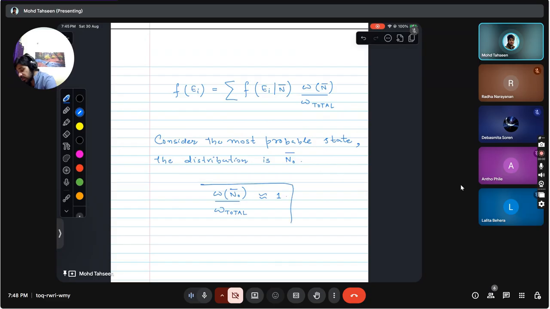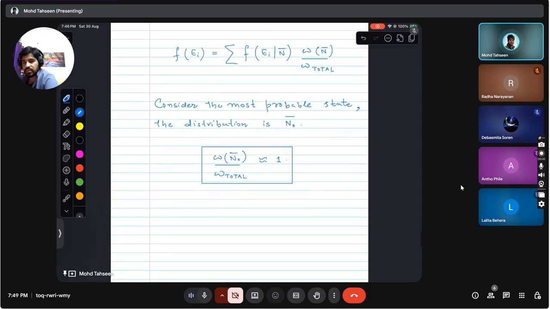This is something that we saw in the classical model as well, when we were doing Maxwell-Boltzmann statistics. What we said is that as the number of particles in the system increases, the number of microstates corresponding to the most probable state supersede all other microstates combined. So this is a consequence of that reasoning. We are using the same reasoning here. The most probable state will have more probability of occurrence than all other states combined. That's why its probability will be very close to 1, and we are going to use it here.